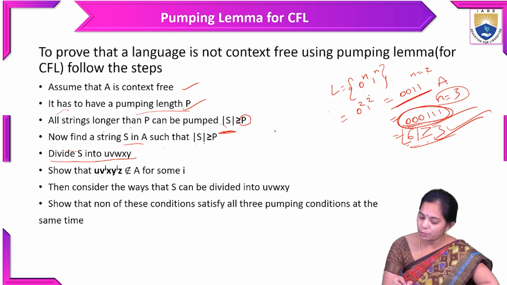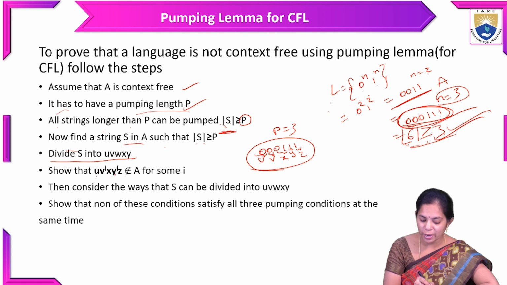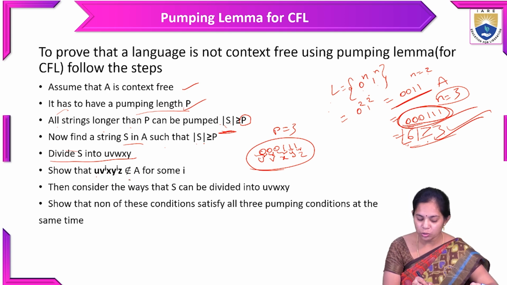So here if you take P equal to 3, what is the string? 0, 0, 0, 1, 1, 1. So this is the string, and we have to divide it into 5 parts. So here I am dividing it as U, V, X, Y and Z. After dividing this string into 5 parts, show that U V power i X Y power i Z